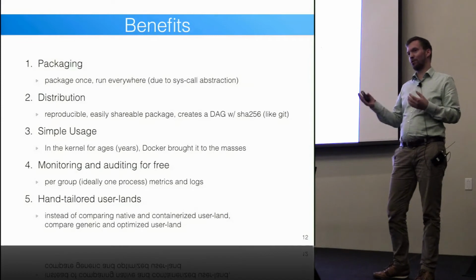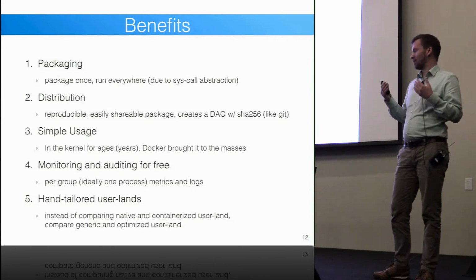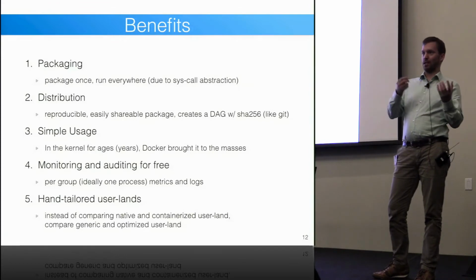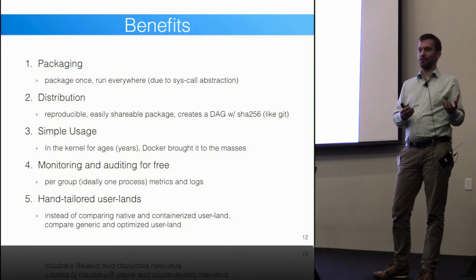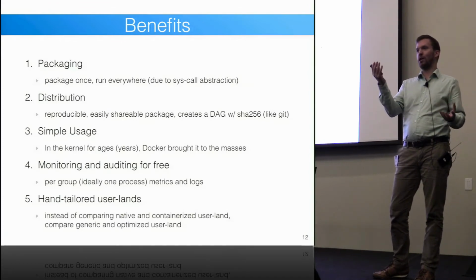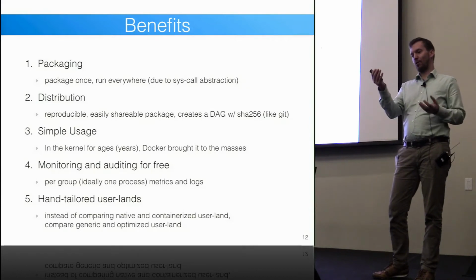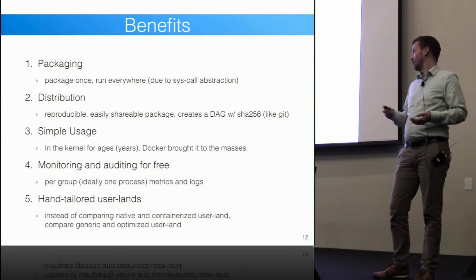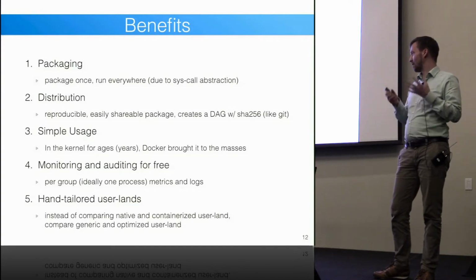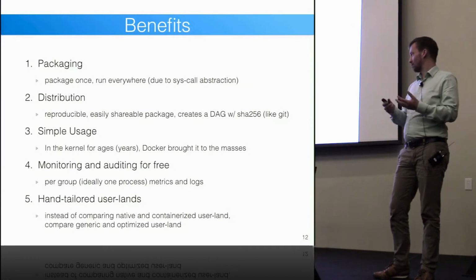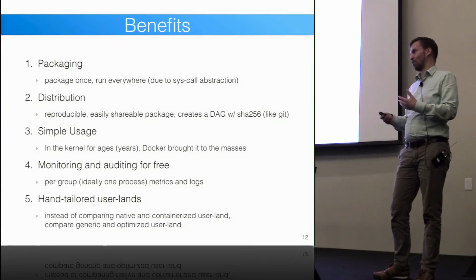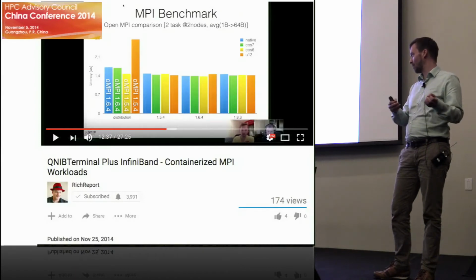user lens. So what we saw today and yesterday was that everyone is trying to compare apples with apples. You have a CentOS 7 on your host and a CentOS 7 in a virtual machine, and you try to compare how fast you can get, or how close you can get to the performance of the host. But what you can do with containers is optimize the user lens for a specific use case. And I think this should be done more and more in the future, that you compare generic and optimized user